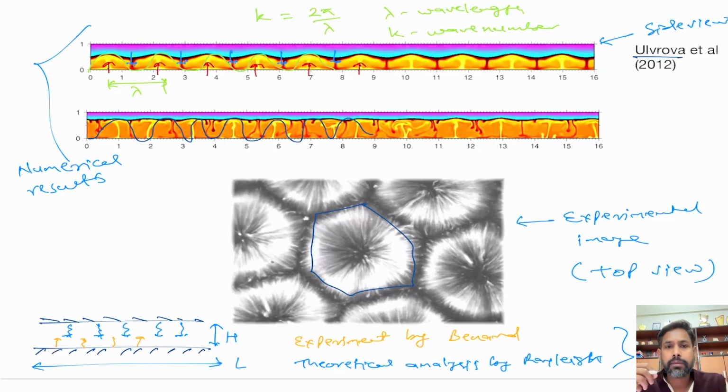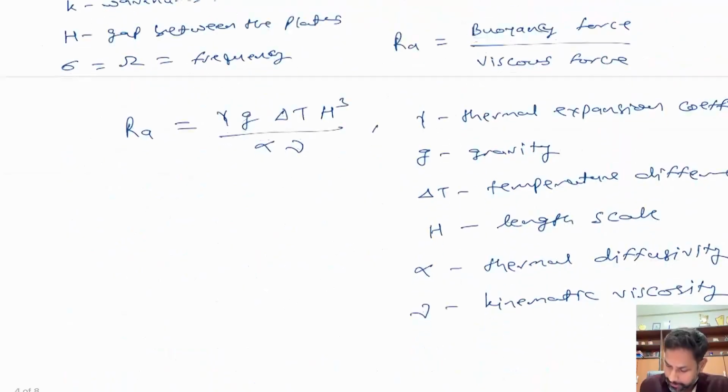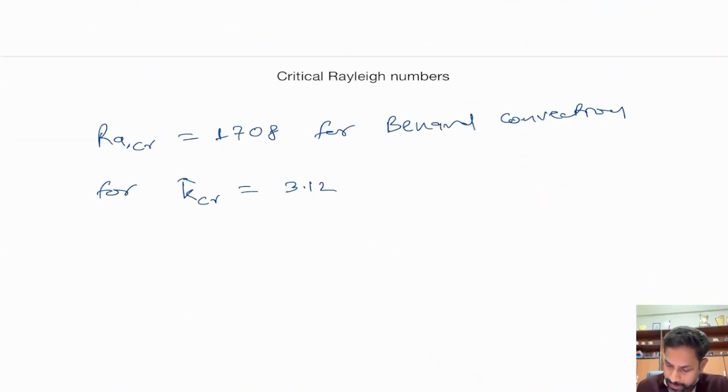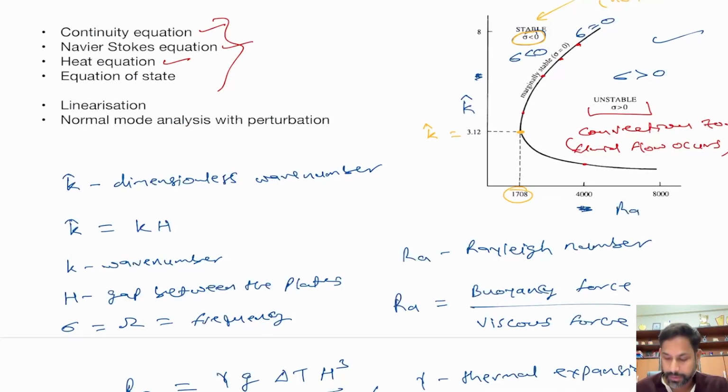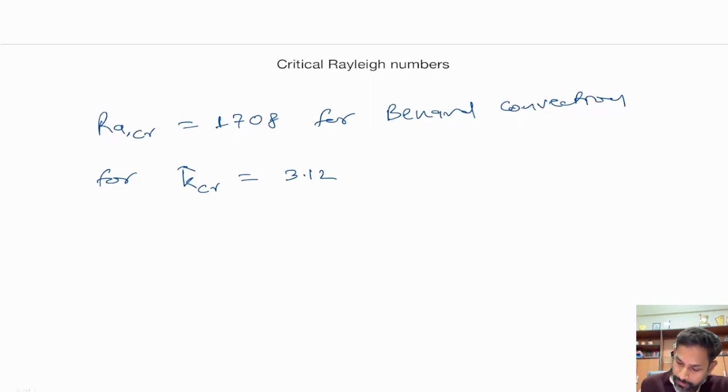So depending on what kind of pattern we get in convection, your critical Rayleigh number might change depending on the wave number of the pattern that we get. Okay, and that is why this critical Rayleigh number that we get as 1700 is the minimum critical Rayleigh number, but there might be other values of Rayleigh number depending on this curve that we have seen. Okay, so this value that we see is for Benard convection, both these values, which actually means that